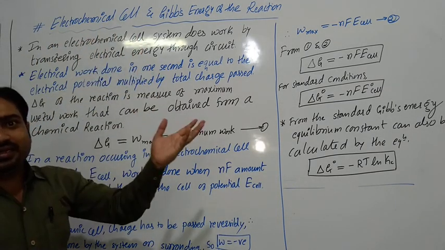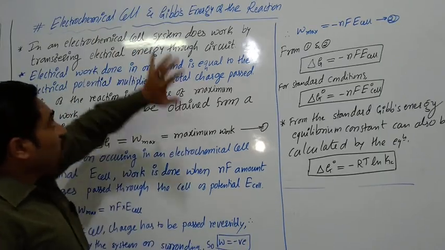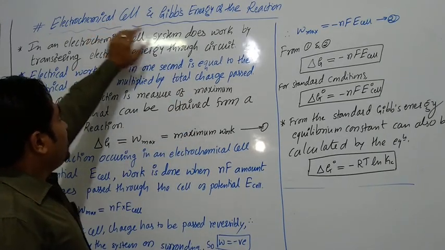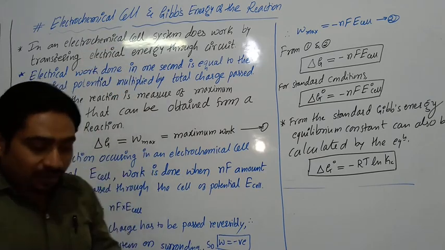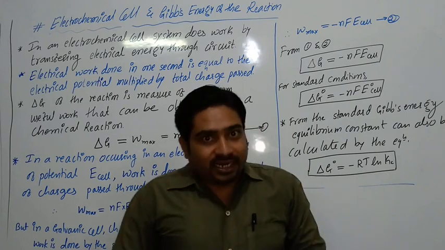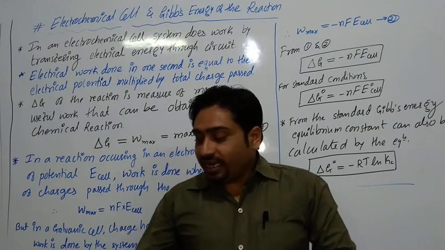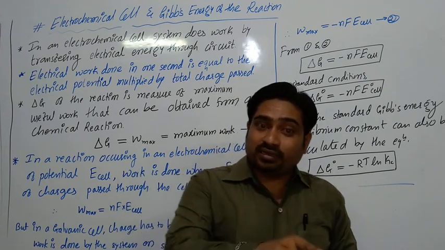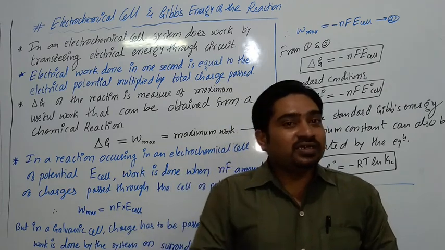Electrochemical cell means nothing but cell potential. We are going to derive a relationship between cell potential and Gibbs energy. Cell potential and Gibbs energy. Now in an electrochemical cell, electrical energy is converted into chemical energy, or chemical energy is converted into electrical